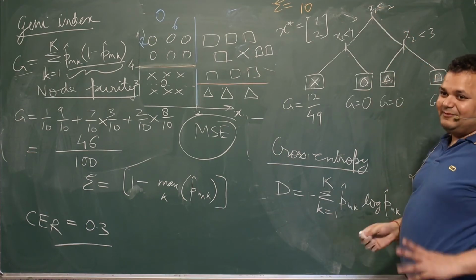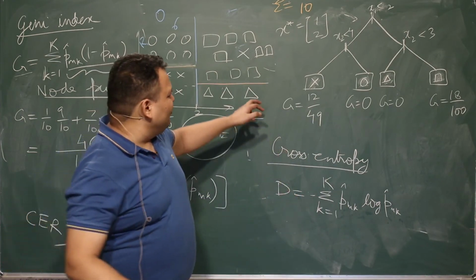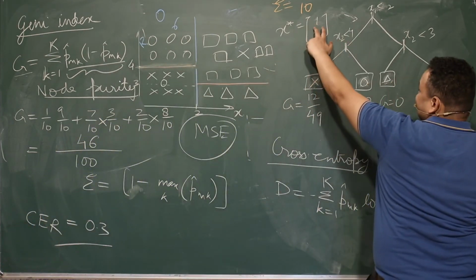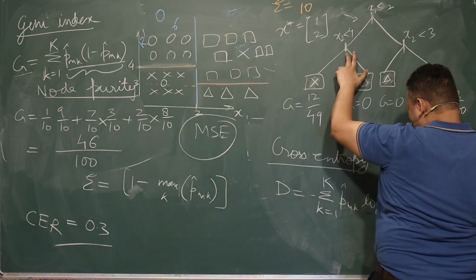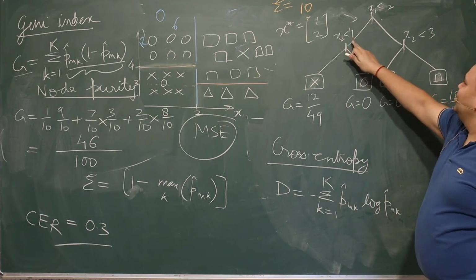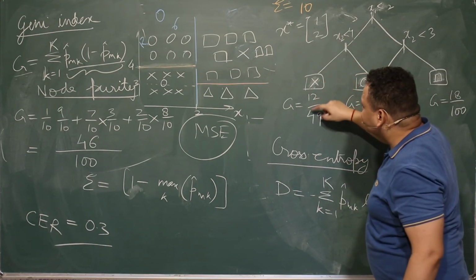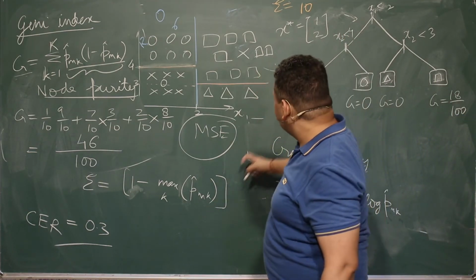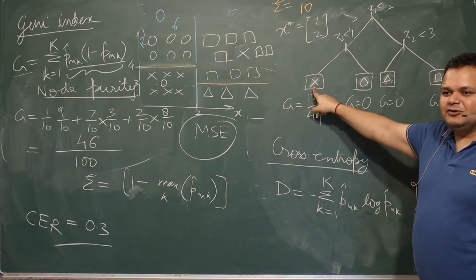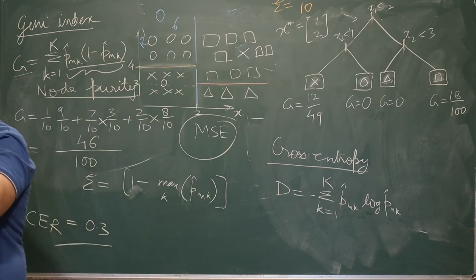The first node says that my decision point is x1 less than 2. If x1 is less than 2, then I move to the left hand side. In this case, x1 is 1, which is less than 2, so I move to the left hand side. I look at this, I see x1 less than 4, 2 is less than 4, so I move to the left hand side again, and I predict that my output should be the class cross. Is that correct? That is all right.